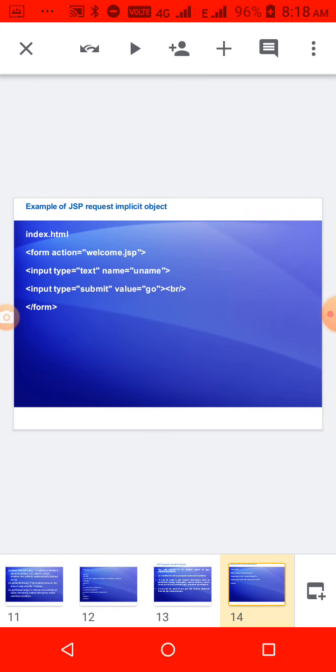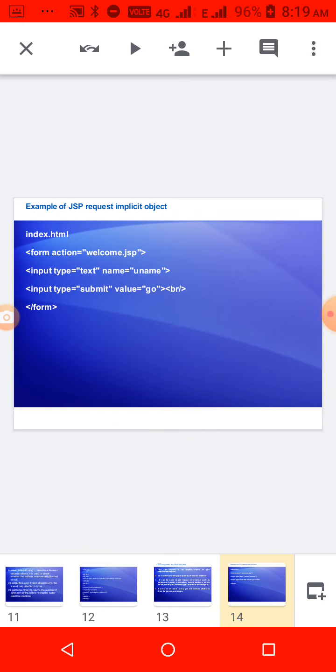See, this is index.html. Actually, when you are creating a project, I already explained in the first class how you can create a JSP file. First you have to create a new project. While creating a new web project itself, you will get index.html.